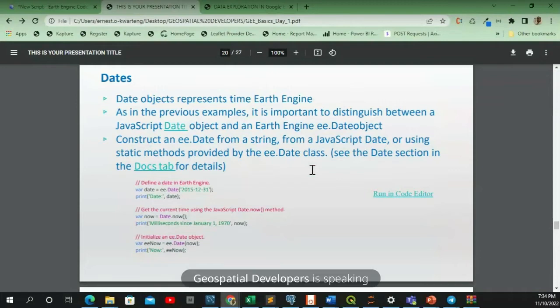So dates in our scripting are not used in a lot of scripts, right? So anytime you want to specify, like you want to call a particular date in the scripts, what you